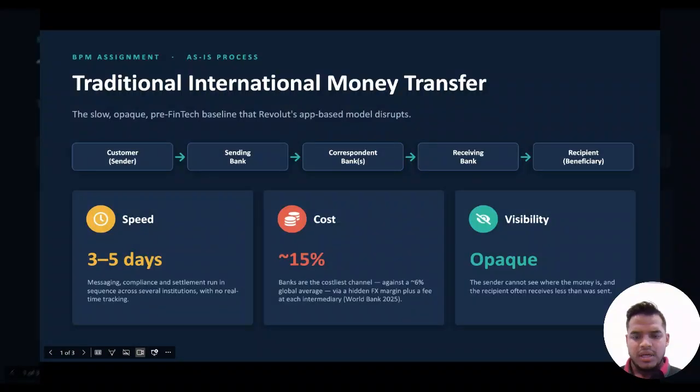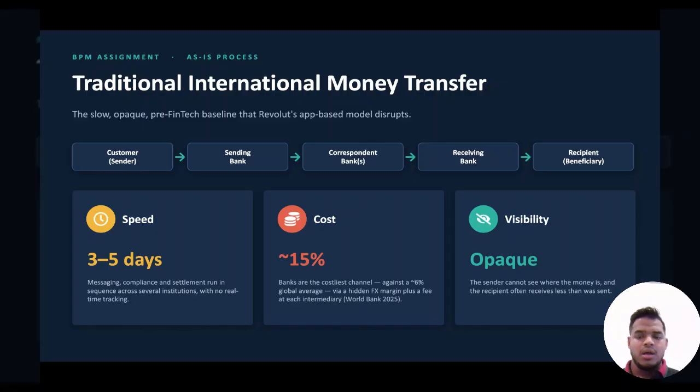Today I'm presenting our analysis of the traditional international money transfer process. This represents the slow, opaque, pre-fintech baseline that modern digital-first platforms like Revolut aim to disrupt. To understand why the change is necessary, we must look at the three critical pain points of the current